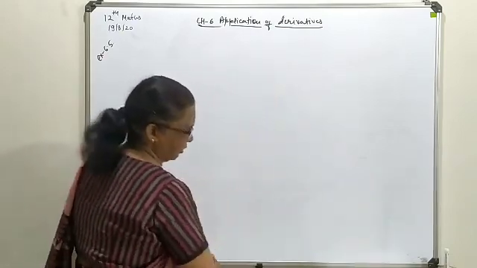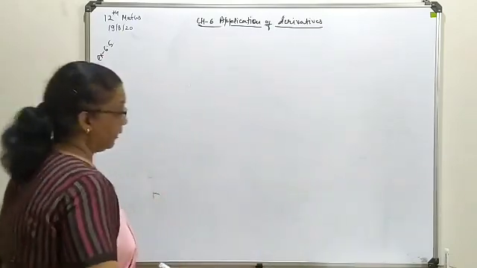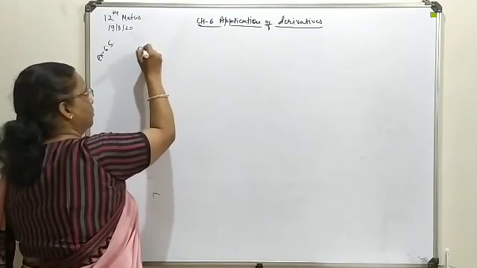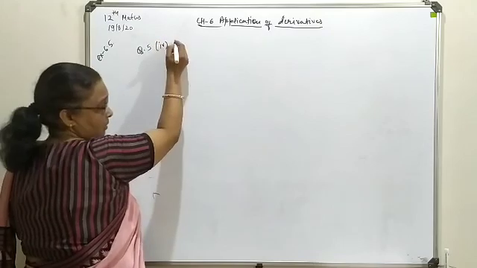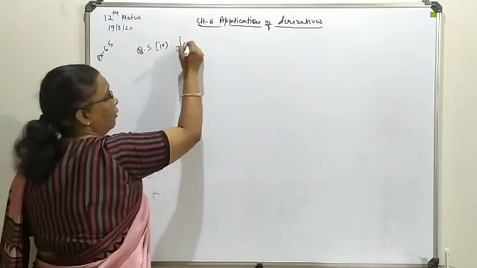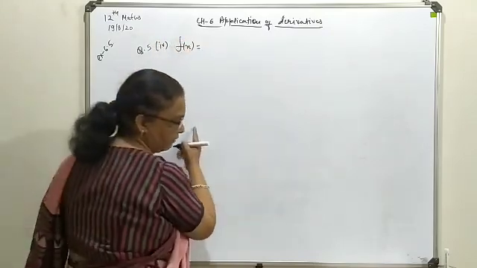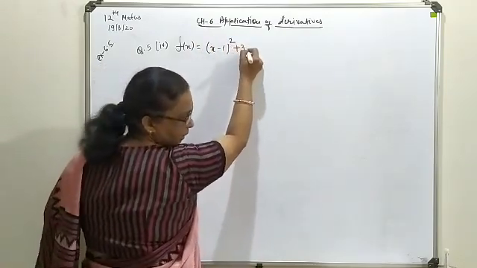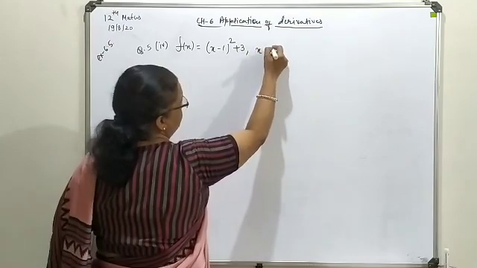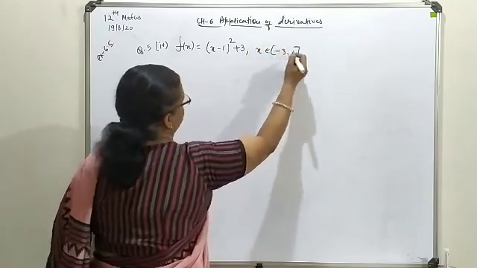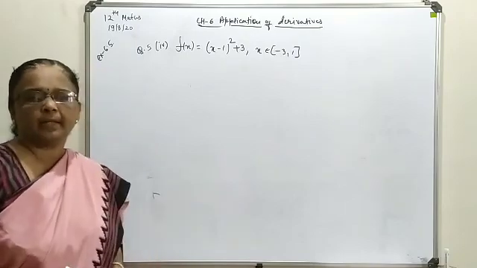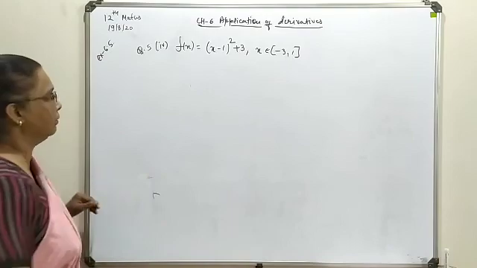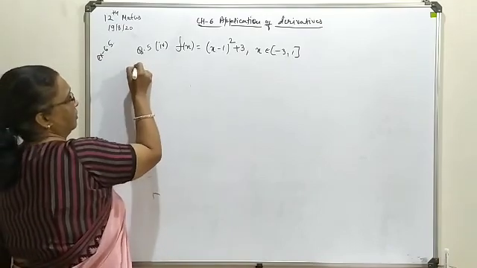In such type of question, presentation is very important. How you are presenting, how you are solving your question stepwise, that is an important task. Now here, one algebraic term we are going to discuss: f(x) = (x - 1)^2 + 3 in the interval x belongs to [-3, 1]. Here also absolute maxima and minima we are going to evaluate. So let's go for the first derivative for the given function.